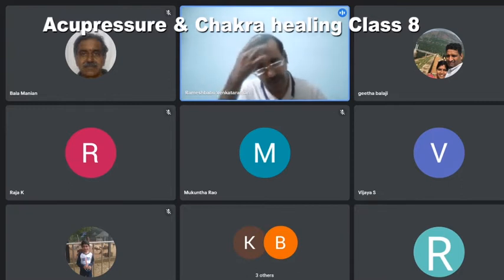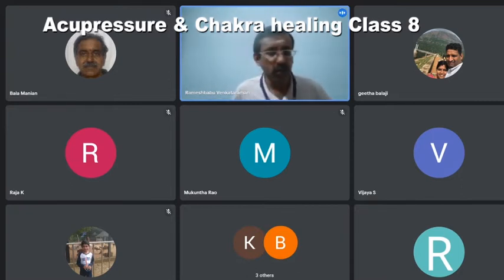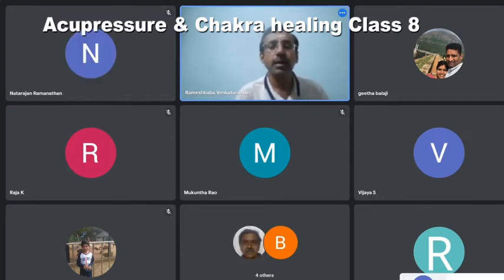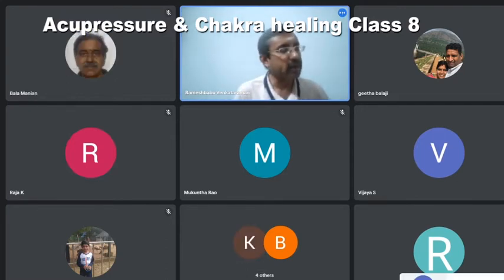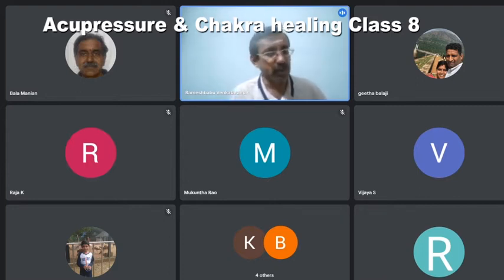Loop connecting point we didn't discuss, so just note it down; we can discuss it later. SP5 is the metal point. I'll repeat again. SP1 is the wood point. SP2 is the fire point. SP3 is both the earth point and the yuan source point. SP4 is the loop connecting point. SP5 is the metal point.